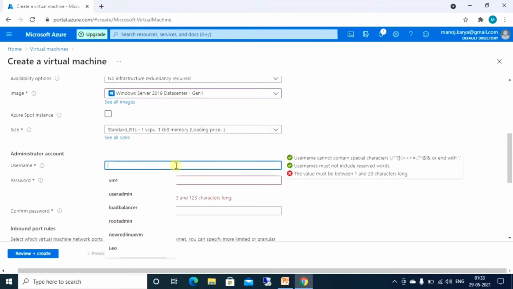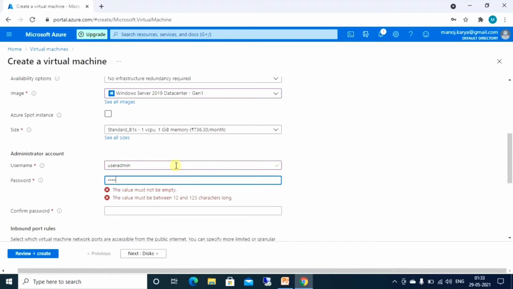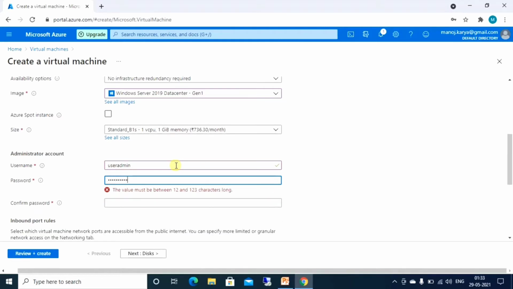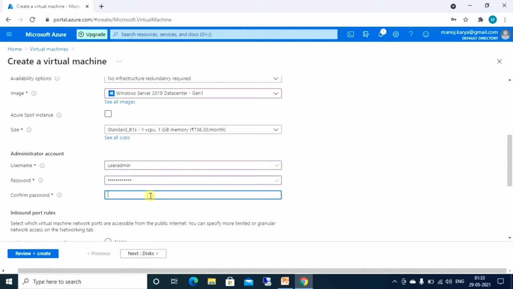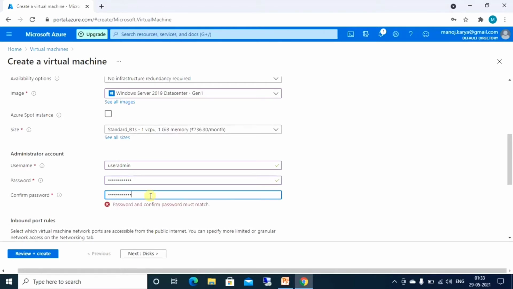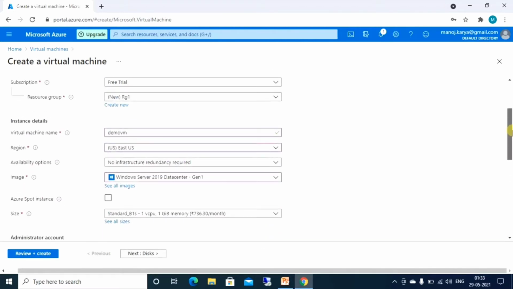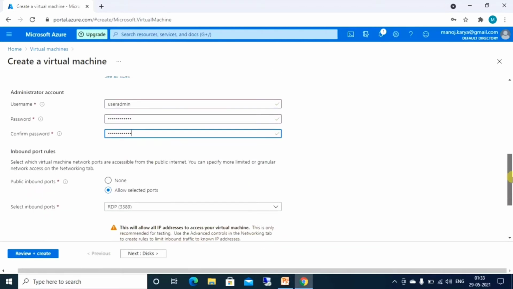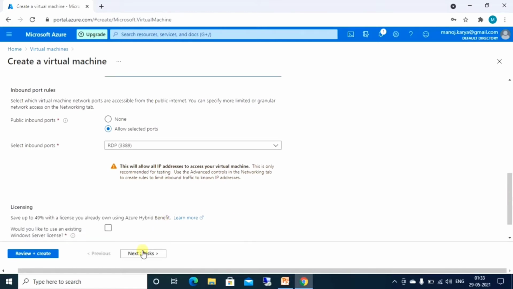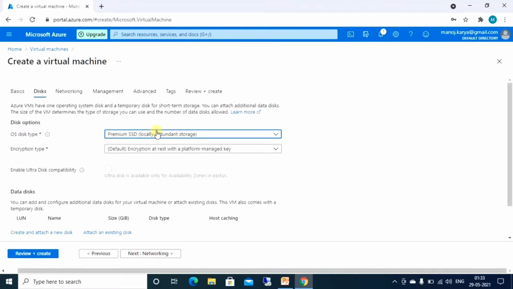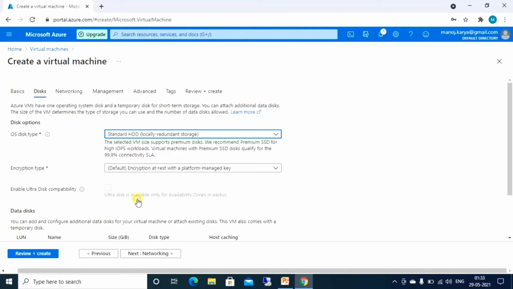Let me give the username. Go to disk. I'll take the standard disk.